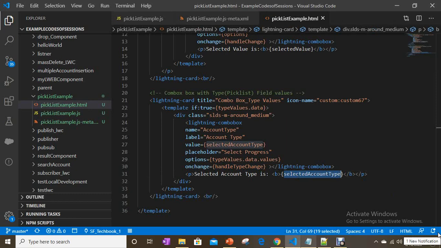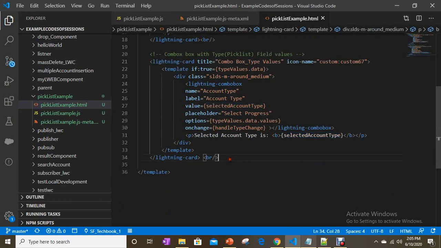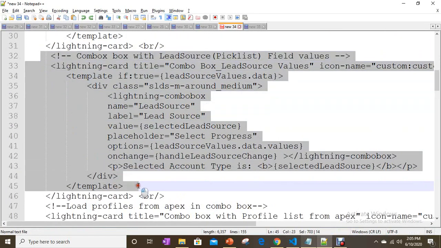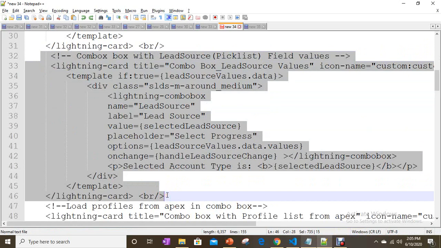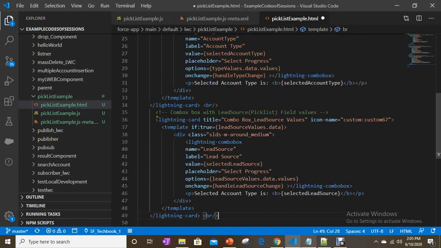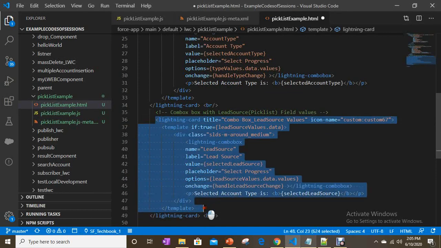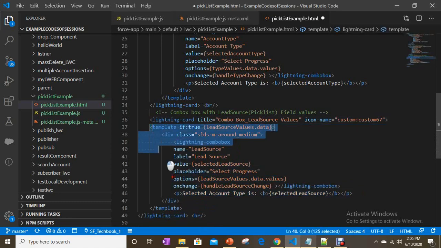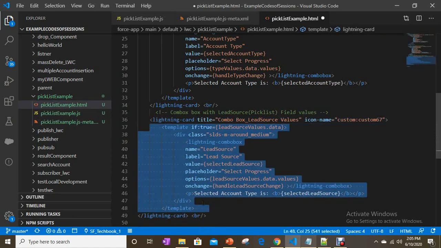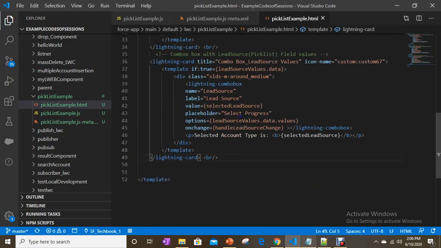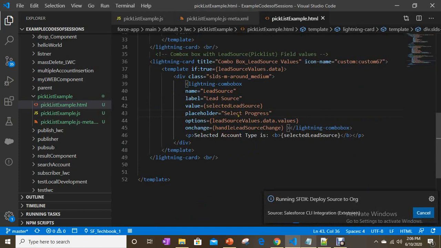Okay, simply. Now the same way for lead source also. That means you don't need to write an Apex class for getting the values from pick list fields. It's easy with the help of UI API. Done. Same thing here. If you see, I'm using the lead source values property.